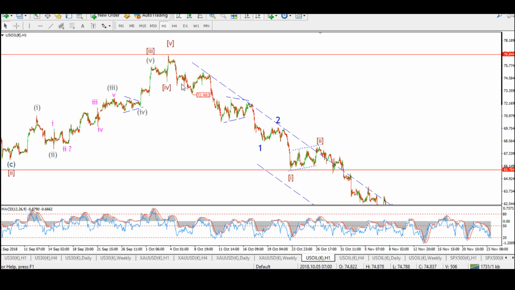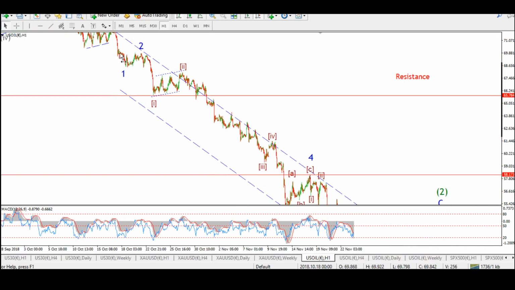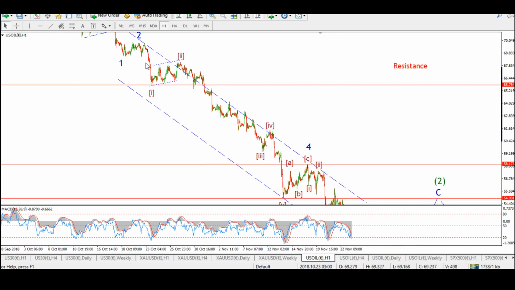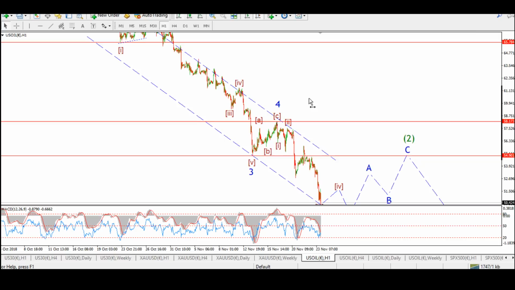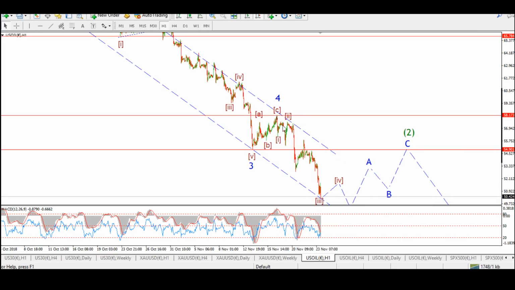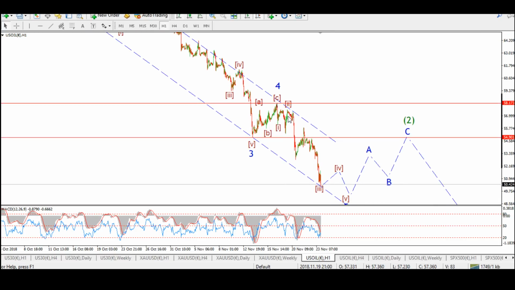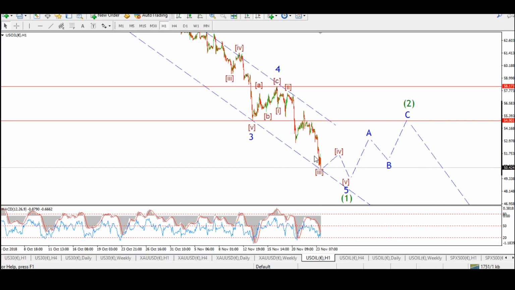And again, off the high here, we've got 1, 2, 3, 4, 5 in wave 1 blue, a very small wave 2 blue, which kind of put me off this count before, but this is where we sit right now. So wave 1, 2, 3, 4, and a plunge into wave 5 of 3, and then a short correction in wave 4 blue. And now over the last few days, we've got further drops into a 5th wave down,